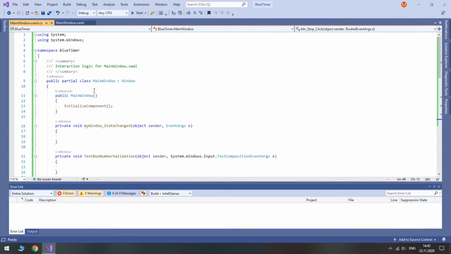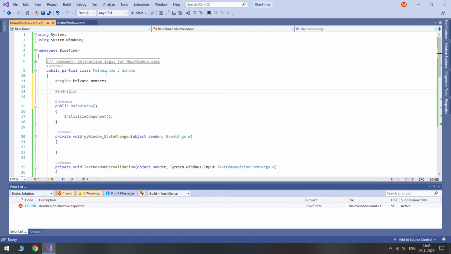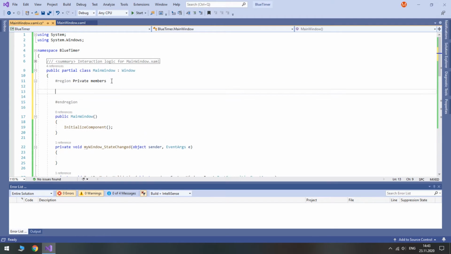We will start with declaring private members for the use in our methods. We are going to need int variables for minutes, seconds, and hours.